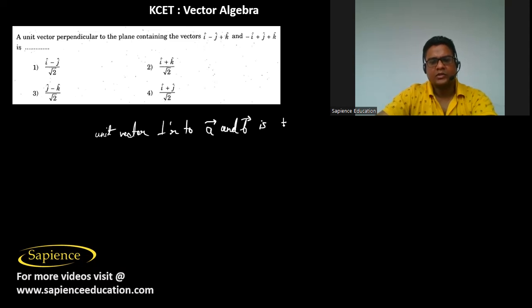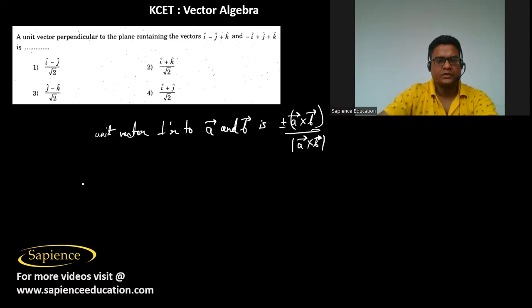Then it is told a unit vector that is perpendicular to the plane containing the vectors this and this. So the rule is the unit vector that is perpendicular to the vectors a and b is given as plus or minus a cross b divided by magnitude of a cross b. So therefore here also a cross b, that will be equal to